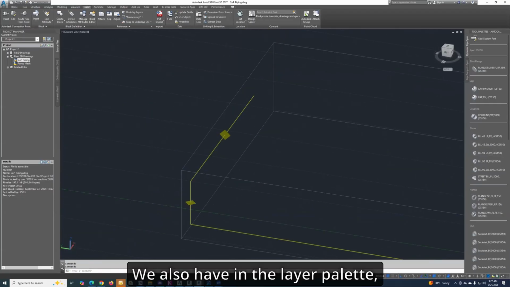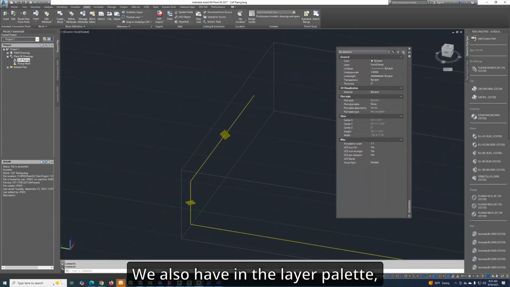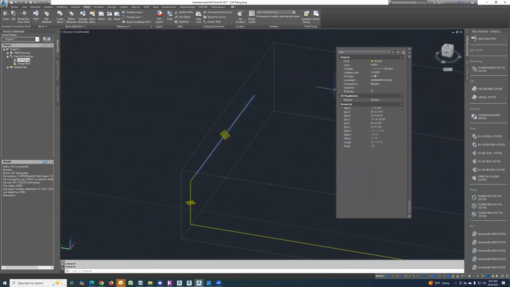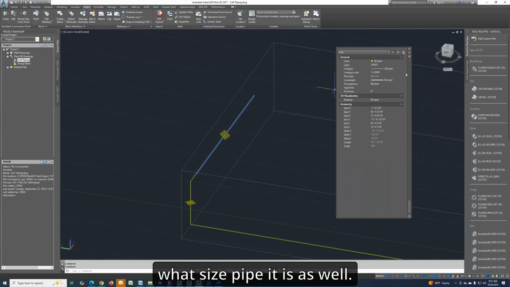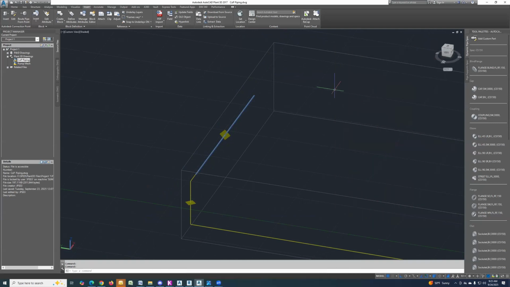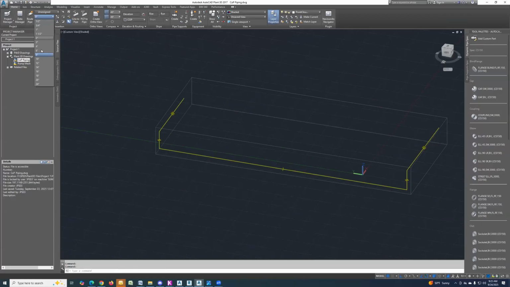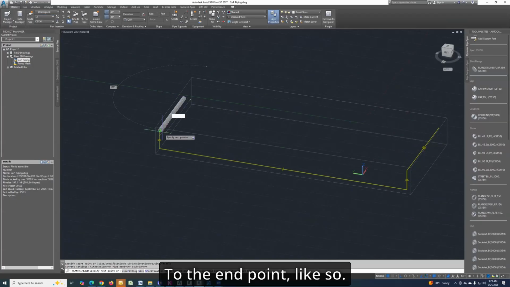We also have, in the layer palette, you can click on one, and the line type scale, we set that to tell you what size pipe it is as well. Yeah, that's in the properties palette. Yes, correct. So either A, we can now start modeling our pipe by simply snapping to the endpoints,